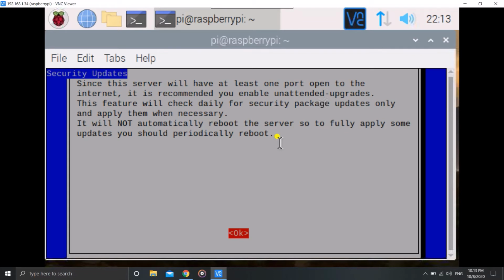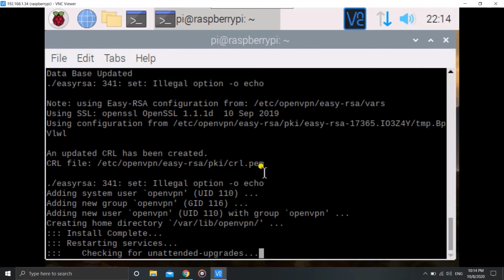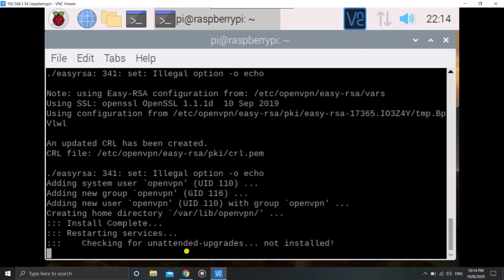So here it is telling you to install this package called unattended upgrades. It will keep checking for upgrades and automatically install them. So hit enter here. As you can see, unattended upgrades of security patches. We'll hit enter. It will install the unattended upgrades.